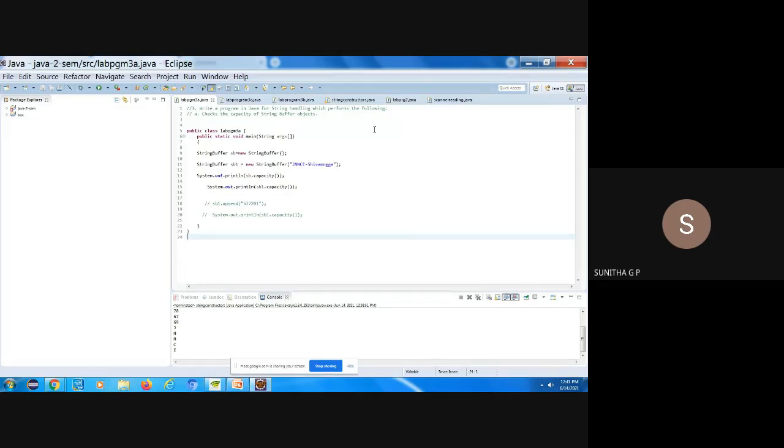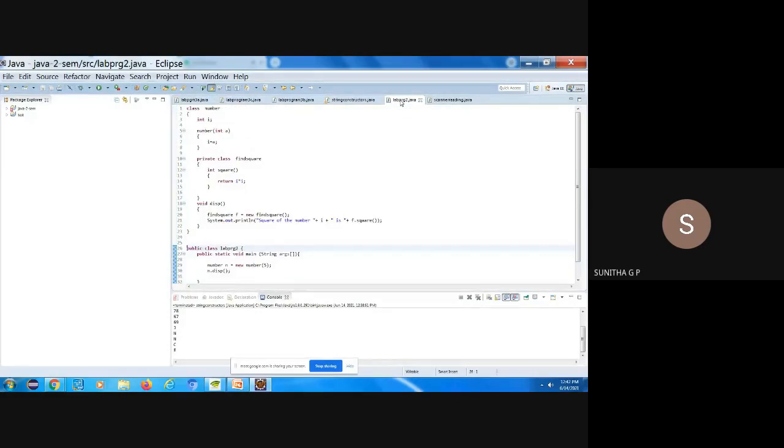Okay, so the second program is what you have to construct. That only I will show the output. You have to use a nested class, right? A class, another class, as an instance variable of a given class. That is what you have to use. So that is what I have done here. I have taken a class Number. The constructor Number is used to initialize the value for the variable i, and display is used to display the value of i as well as the output of this function.